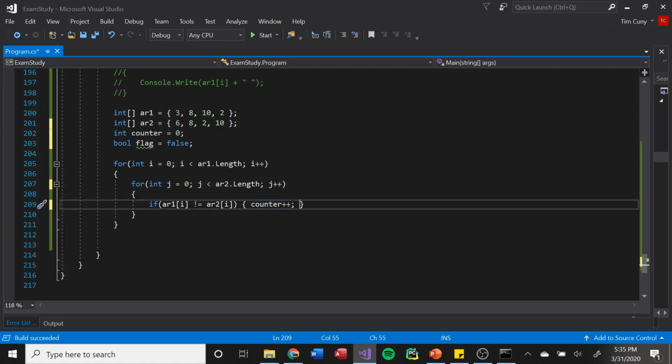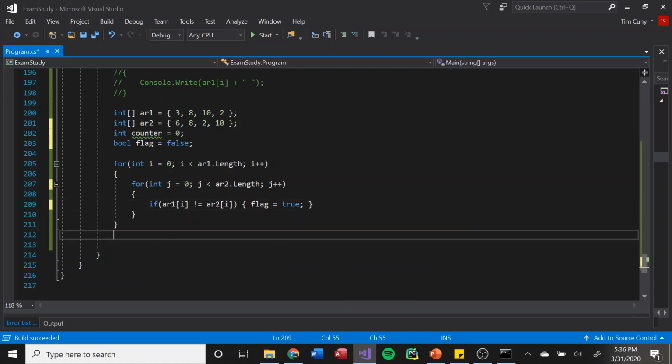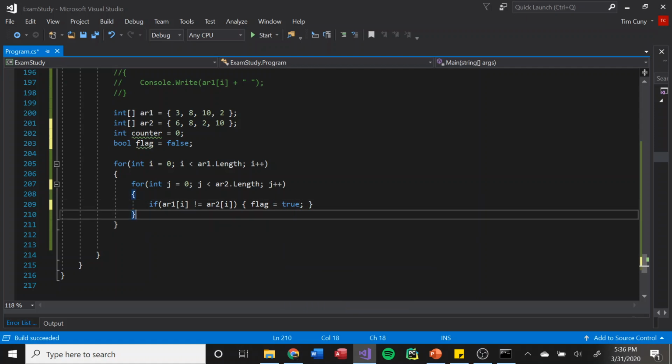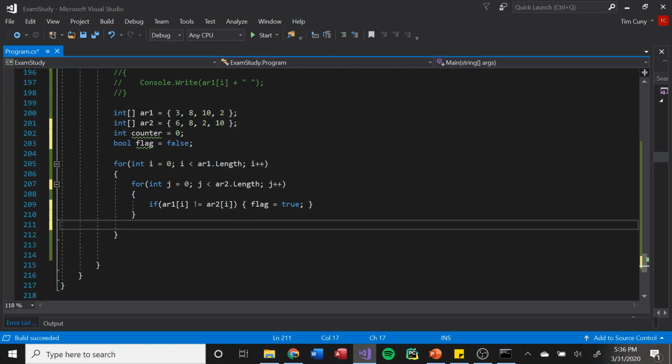So in this one, I would actually do, if this does not equal, set flag to true, and then at the end of this for loop, I would say if flag, counter plus plus. So basically what this does is,